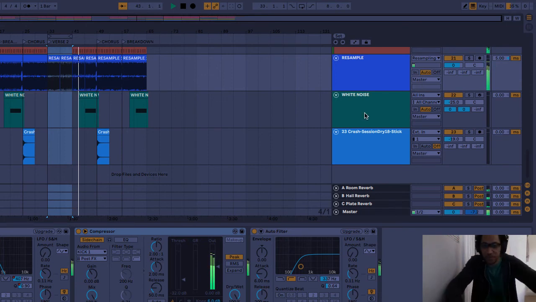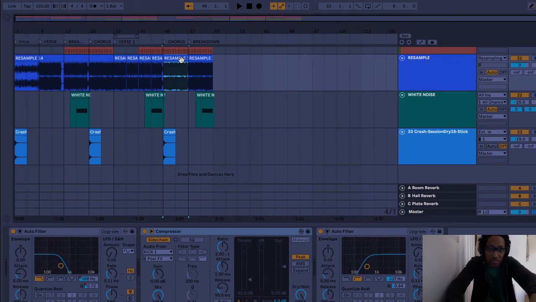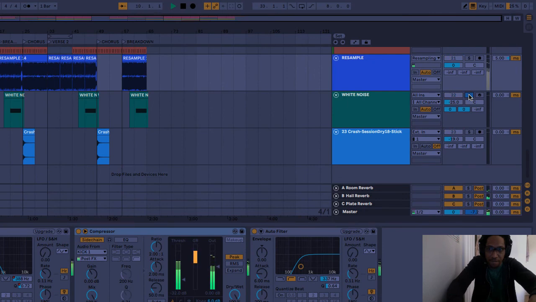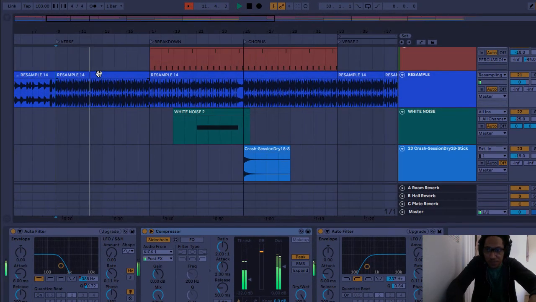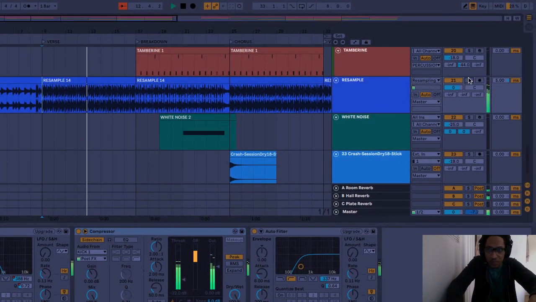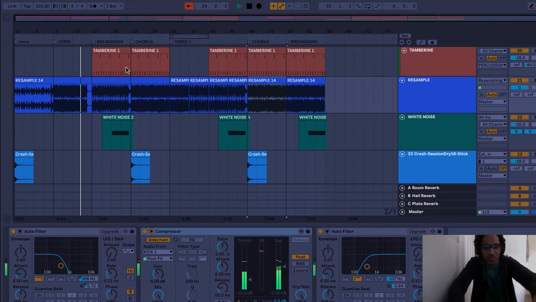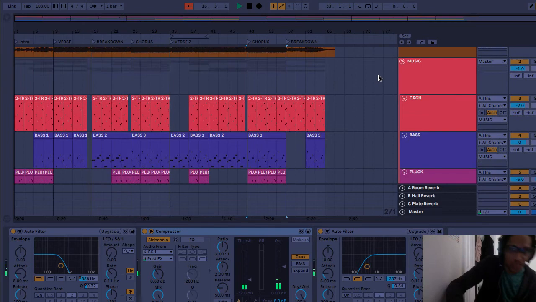When you're resampling, don't put all the music, you just want the beat. And then you could do different experiments, like you could chop up this sample from the chorus and maybe throw it in the verse. Let's hear what the verse would sound like when it's ready. You could do whatever you want. It sounds pretty good. Alright, so this is how they made